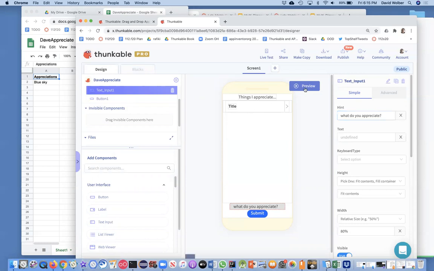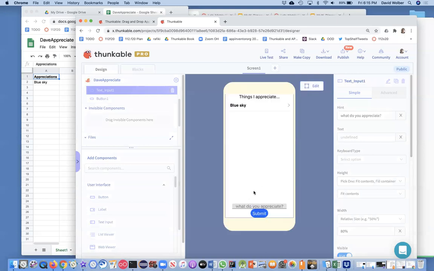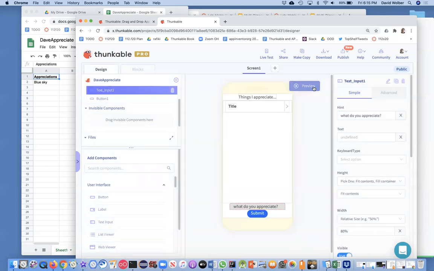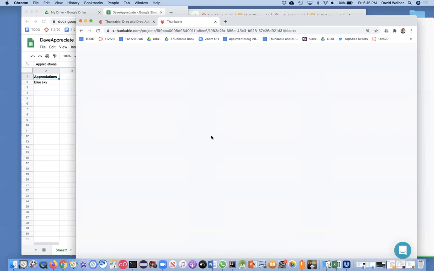Okay. So anyway, let's just preview this just to see. This is what my app's going to look like now, and of course, I could beautify it much more. Okay. But let's go ahead and do the coding to get whatever gets submitted so it shows up in my data. So I'm going to go to the blocks, and in my blocks,